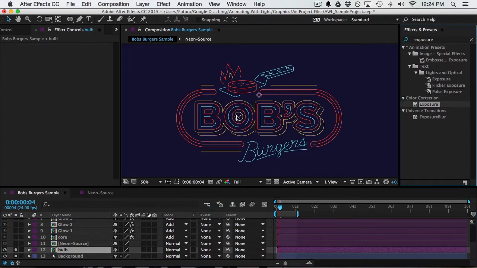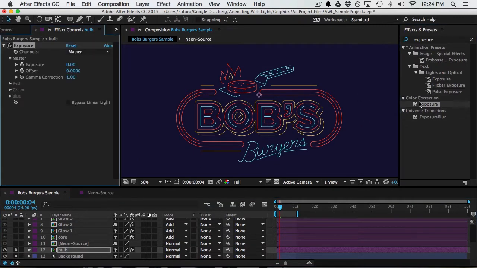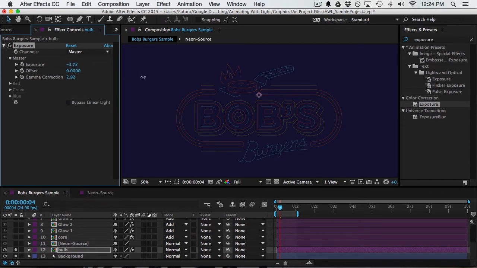Now I want to make it look like these bulbs are turned off. So I'll add an exposure effect to this layer. I'll turn the exposure way down, and then I'll turn the gamma up, which will kind of desaturate the layer. Keep turning that down until right about there. See, that's where we start to lose all of the illumination from the bulb. It's still a little bit saturated, so I'm going to increase the gamma just a bit,